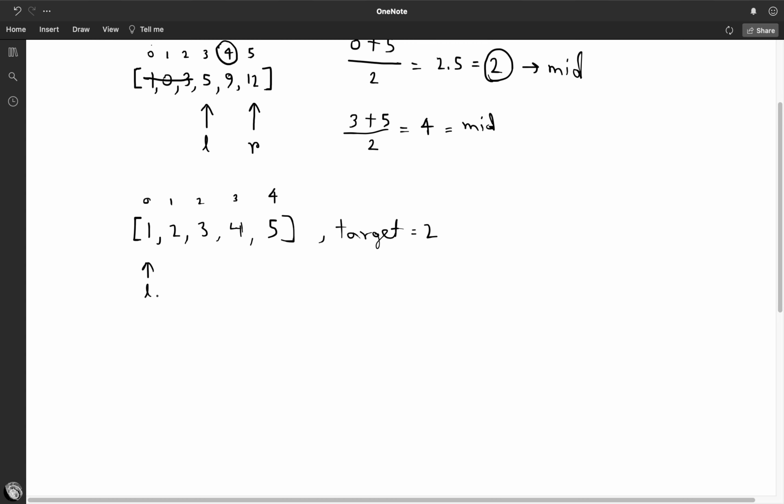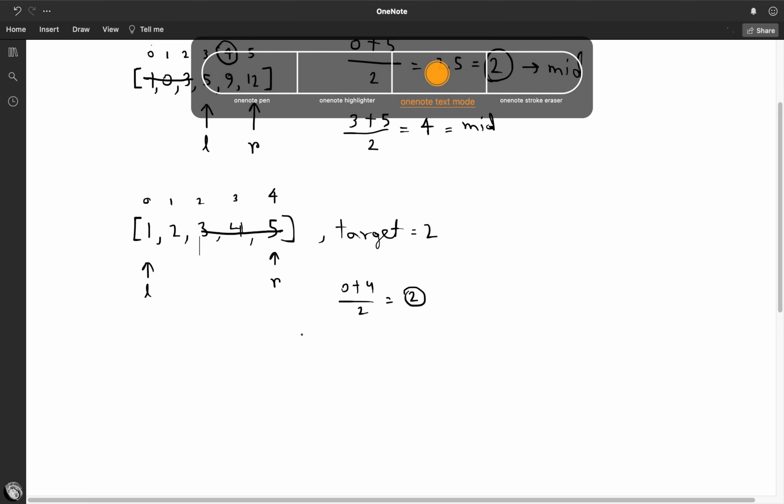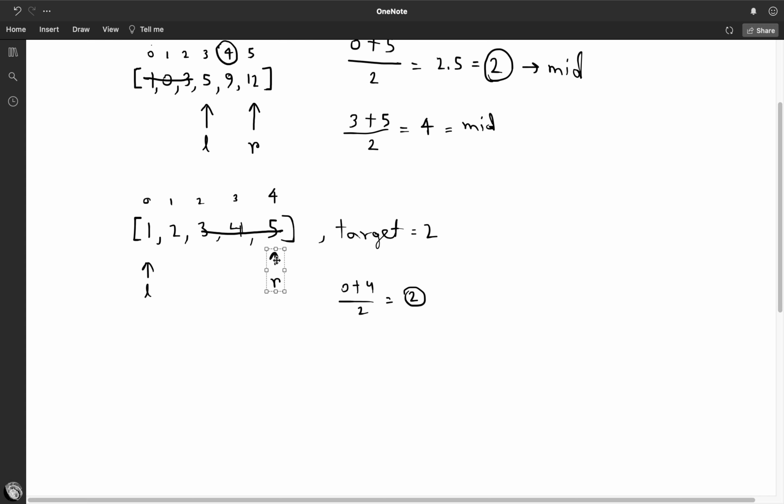So I would start here, and then I would do 0 plus 4 divided by 2, which equals 2. So my mid index is 2. Now I check, is 3 greater than 2? It is greater than 2, which means that everything from 3 up to the last index will also be greater than 2. So we can get rid of all of these choices,